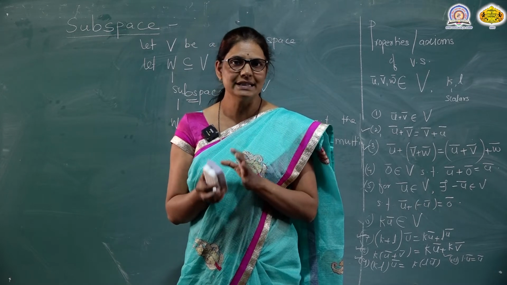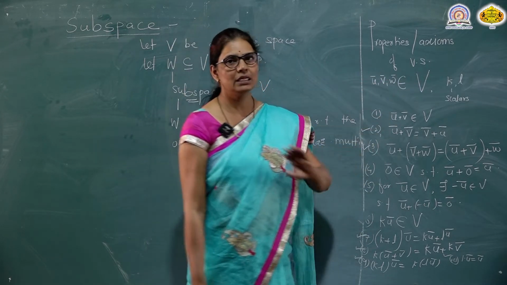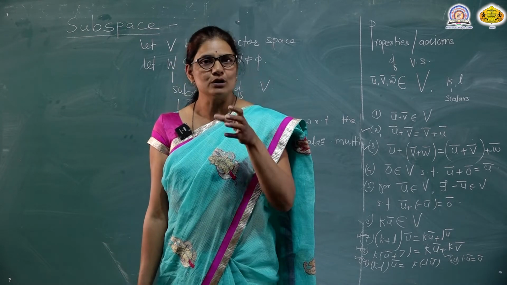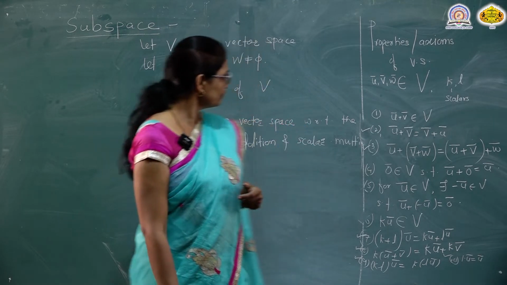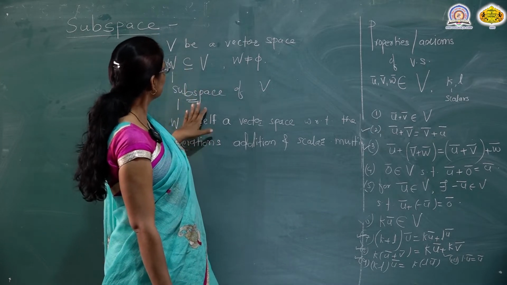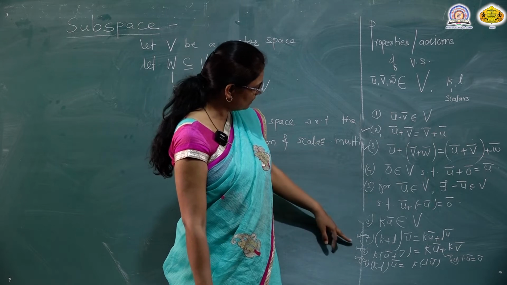They are true in its subset. That is, if all these properties are true for the members of V, they are automatically true for its subset, because all the members of the subset are again in V. So suppose we want to prove that W is a subspace, then all these properties which are marked by correct sign